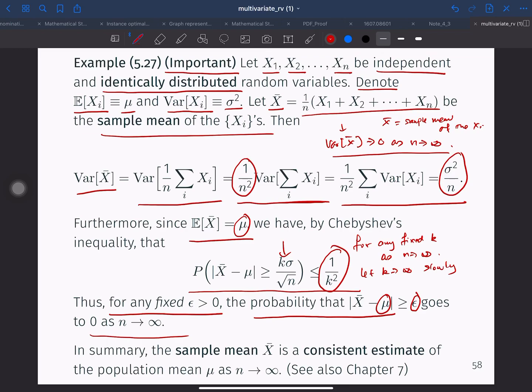In fact, this is not the only case. There are many other cases. This is a simple generalization of this one. So you could replace the sample mean of the xi with some other function of the xi. For example, we can think about some random variable g of x1 up to g of xn, in which case we can show that the sample mean, so 1 over n summation of g of xi, will converge to the true mean